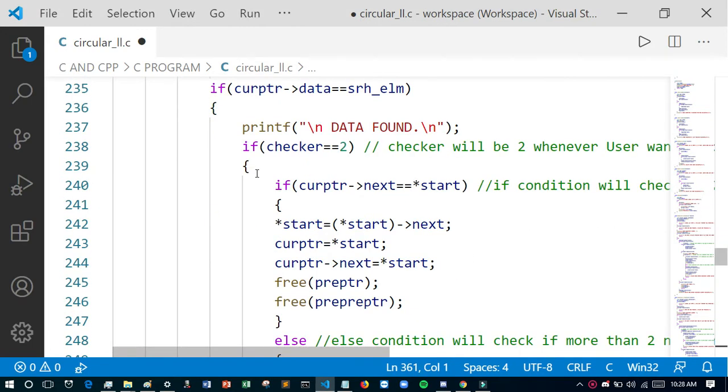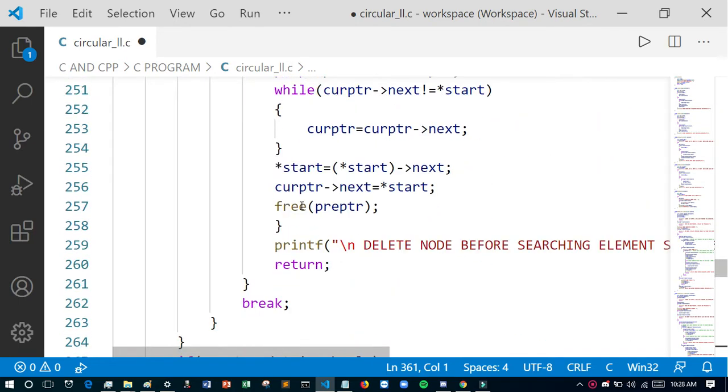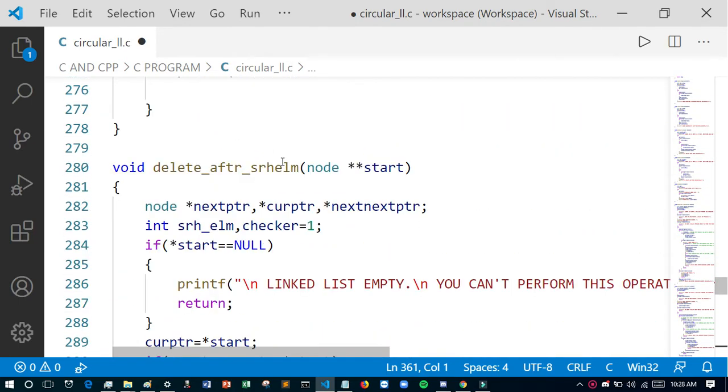Then this part will execute, and in this way you will create the delete after searching element. I will give a link from where you will get the full code.